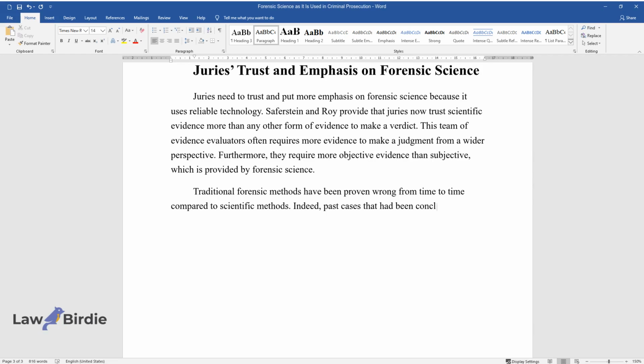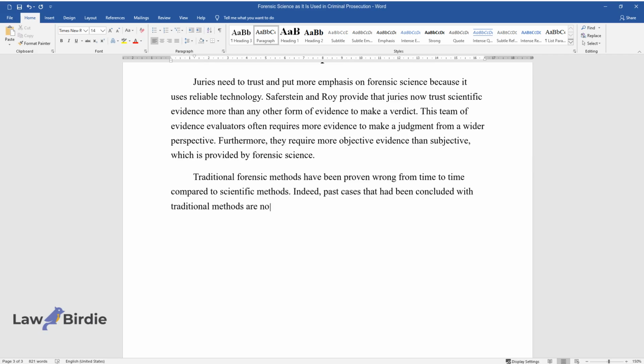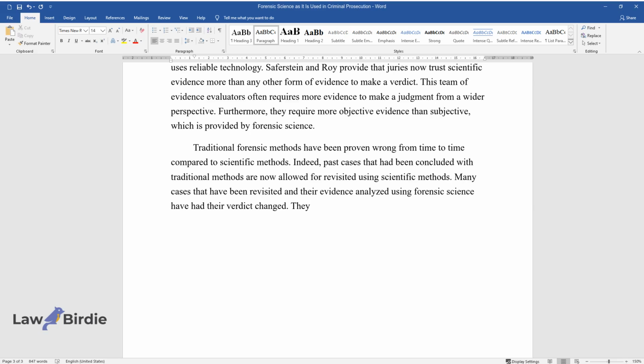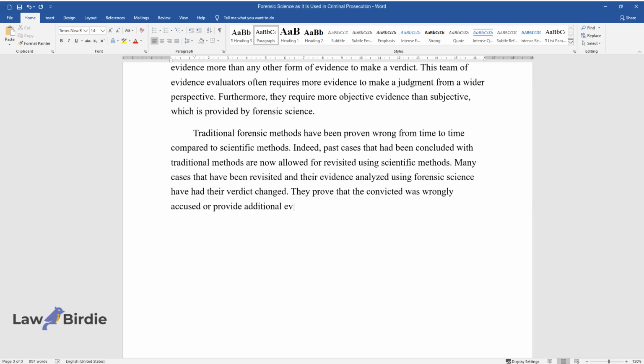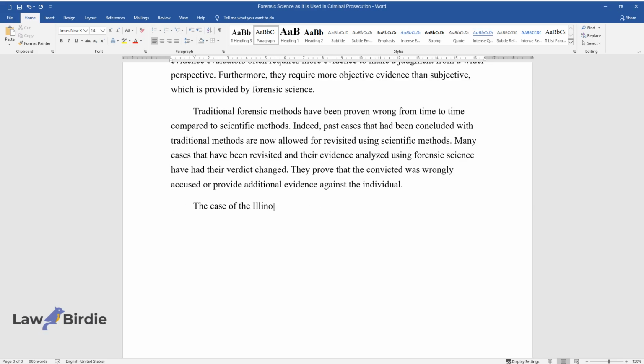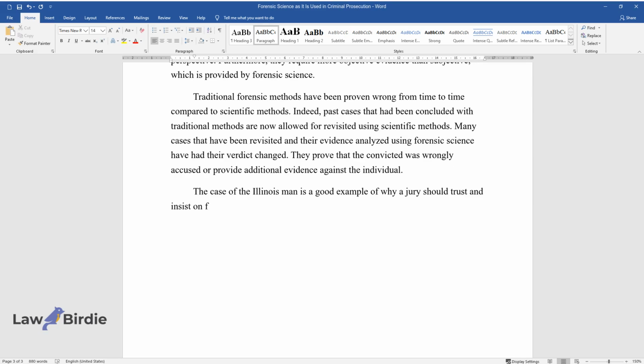Indeed, past cases that had been concluded with traditional methods are now allowed to be revisited using scientific methods. Many cases that have been revisited and their evidence analyzed using forensic science have had their verdict changed. They prove that the convicted was wrongly accused or provide additional evidence against the individual. The case of the Illinois man is a good example of why a jury should trust and insist on forensic